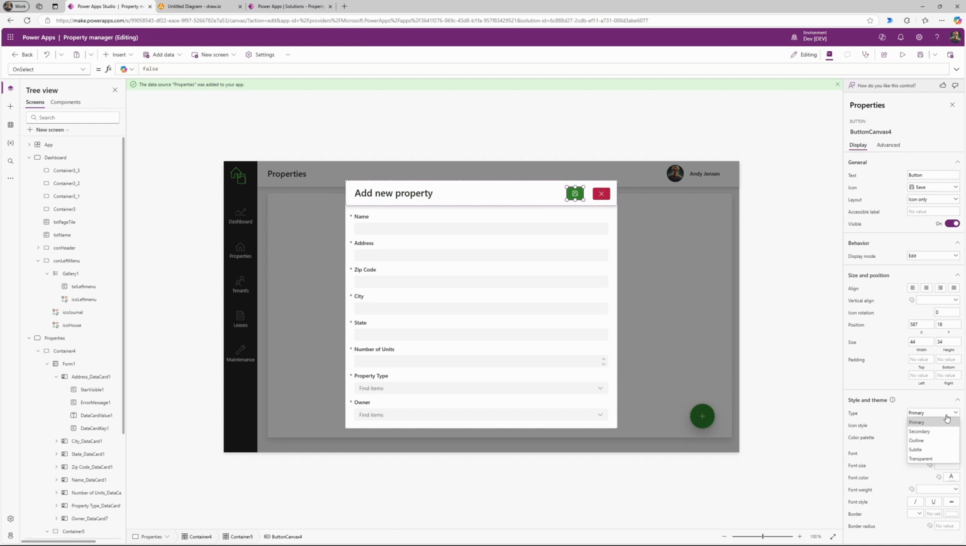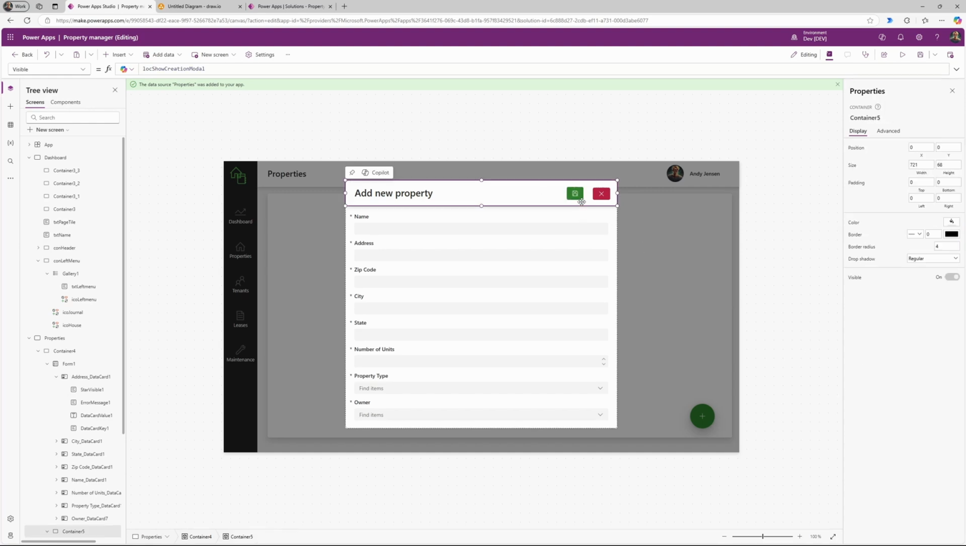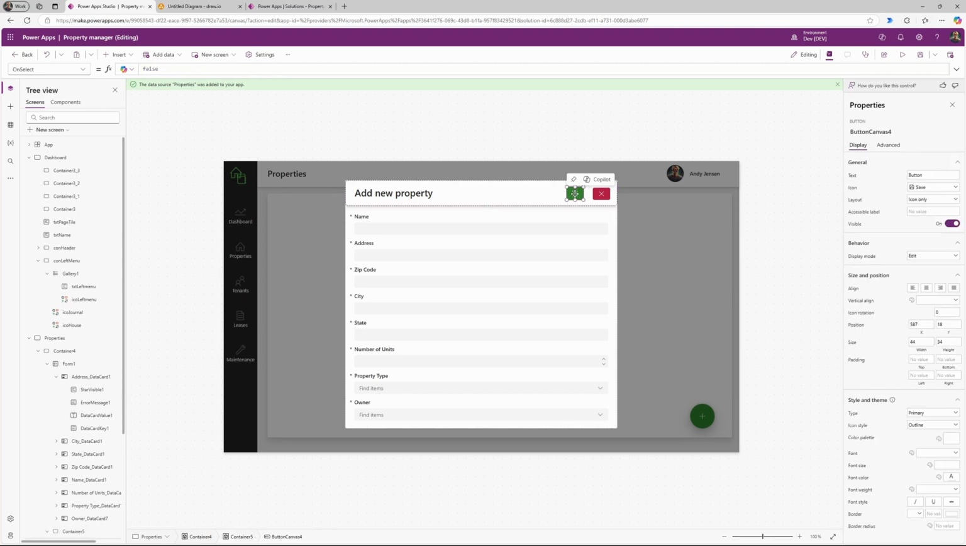And maybe outline, subtle, transparent, primary. Let's just have it as a green button, so to speak. We can optimize the design afterwards, but on this one we should submit form, and that should be form 1,